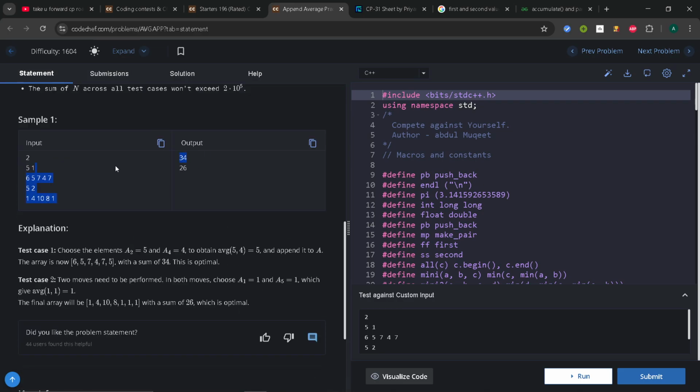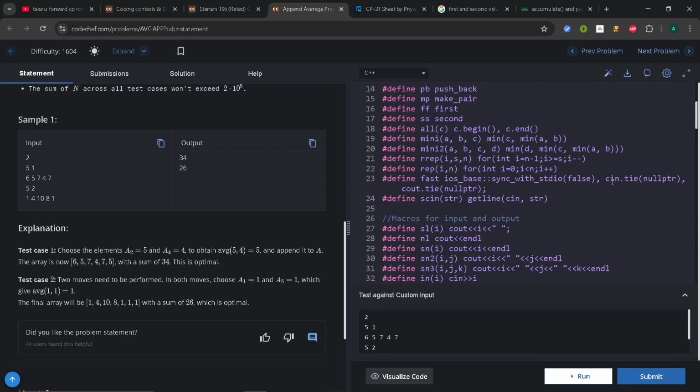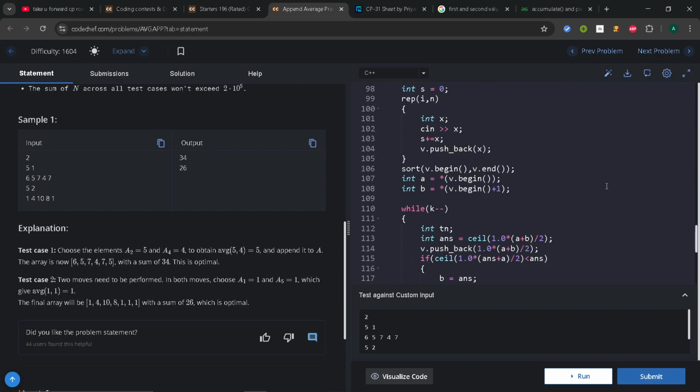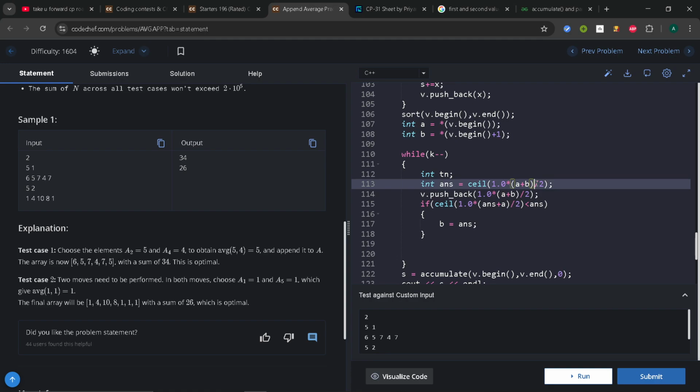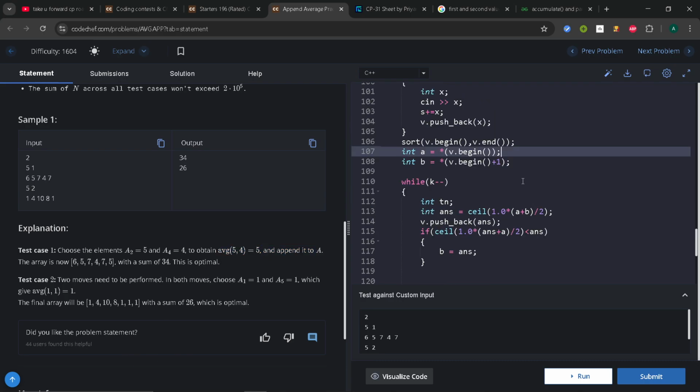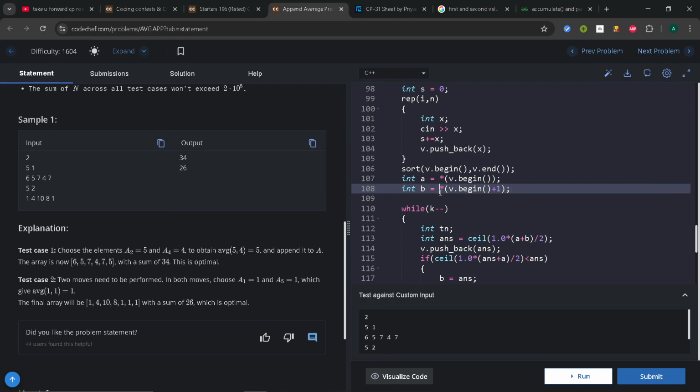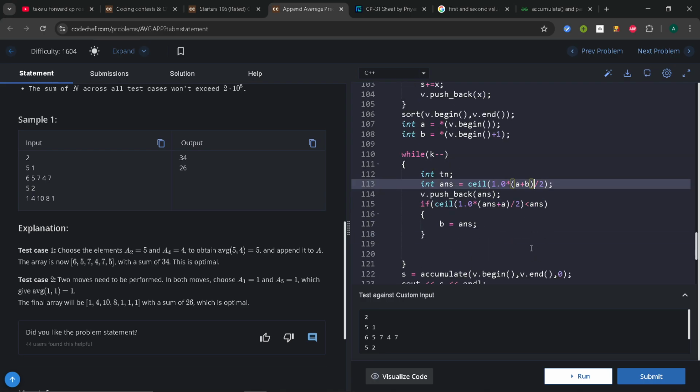I needed to get 34, but I got 33. Ceil of 5 plus 4 by 2 is, 5 plus 4 is 9, it's 5, and that's what it's 5 here as well. Append it to A. I just sorted it, then begin Tn, and